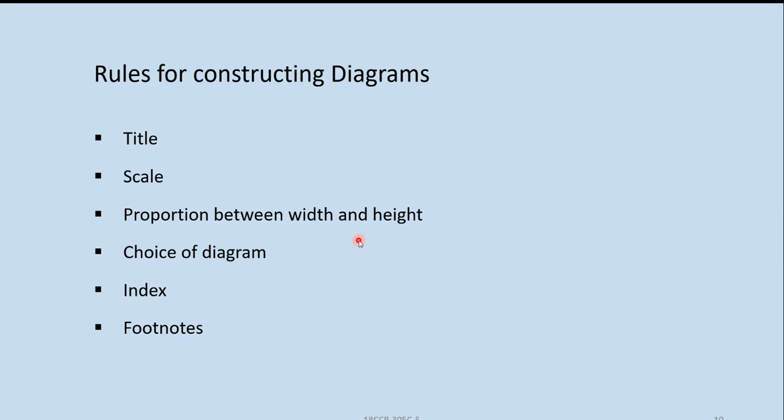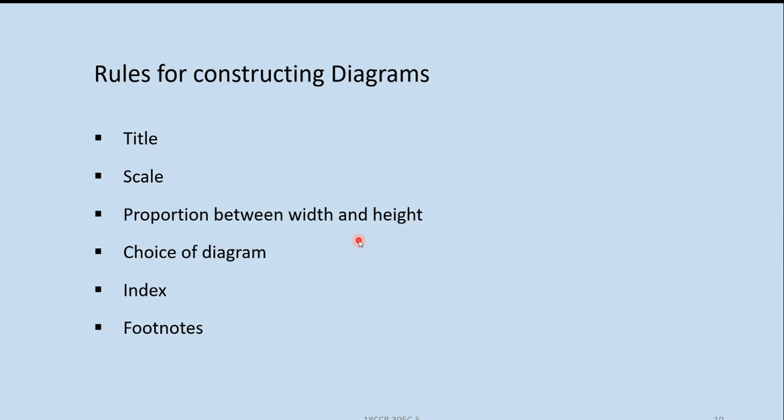So proportion between width and height should also be there. When we are saying 1 meter is equal to 10 centimeters, then obviously 2 meters will become 20 centimeters. If the data is more than 20 meters, then we cannot show the data properly. So